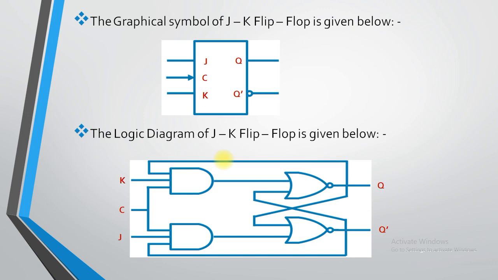So you can compare the JK flip flop with the SR flip flop. What is the change? In the last state, the condition 1, 1 occurs. At that time an intermediate level occurs with the SR flip flop, that is the limitation of SR. To remove that drawback, we have the JK flip flop. So over here with the JK flip flop, you need to take a cable of the output line from the input K. Similarly, you need to take a cable from Q dash to the variable J.